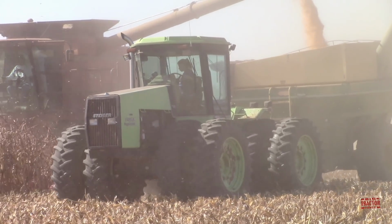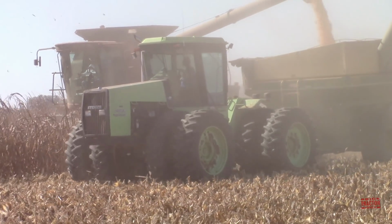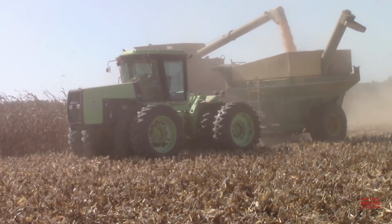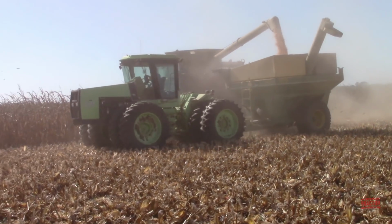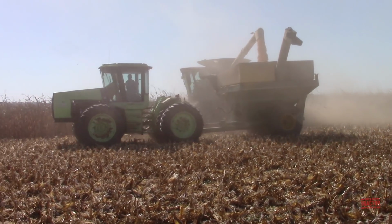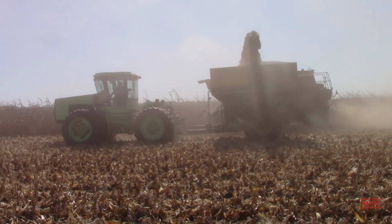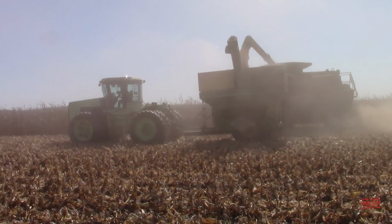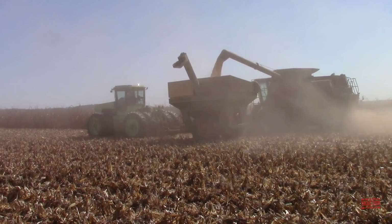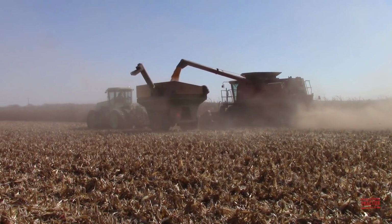The PUMA 1000 was manufactured by Steiger Tractor Incorporated in Fargo, North Dakota from 1983 through 1986. It's powered by a CDC 8.3-liter 505 cubic inch engine rated at 168 PTO horsepower. It's equipped with a full power shift transmission with 12 forward and 6 reverse speeds. It features a 115-gallon diesel fuel tank and from the factory weighed in at 17,000 pounds and can be field